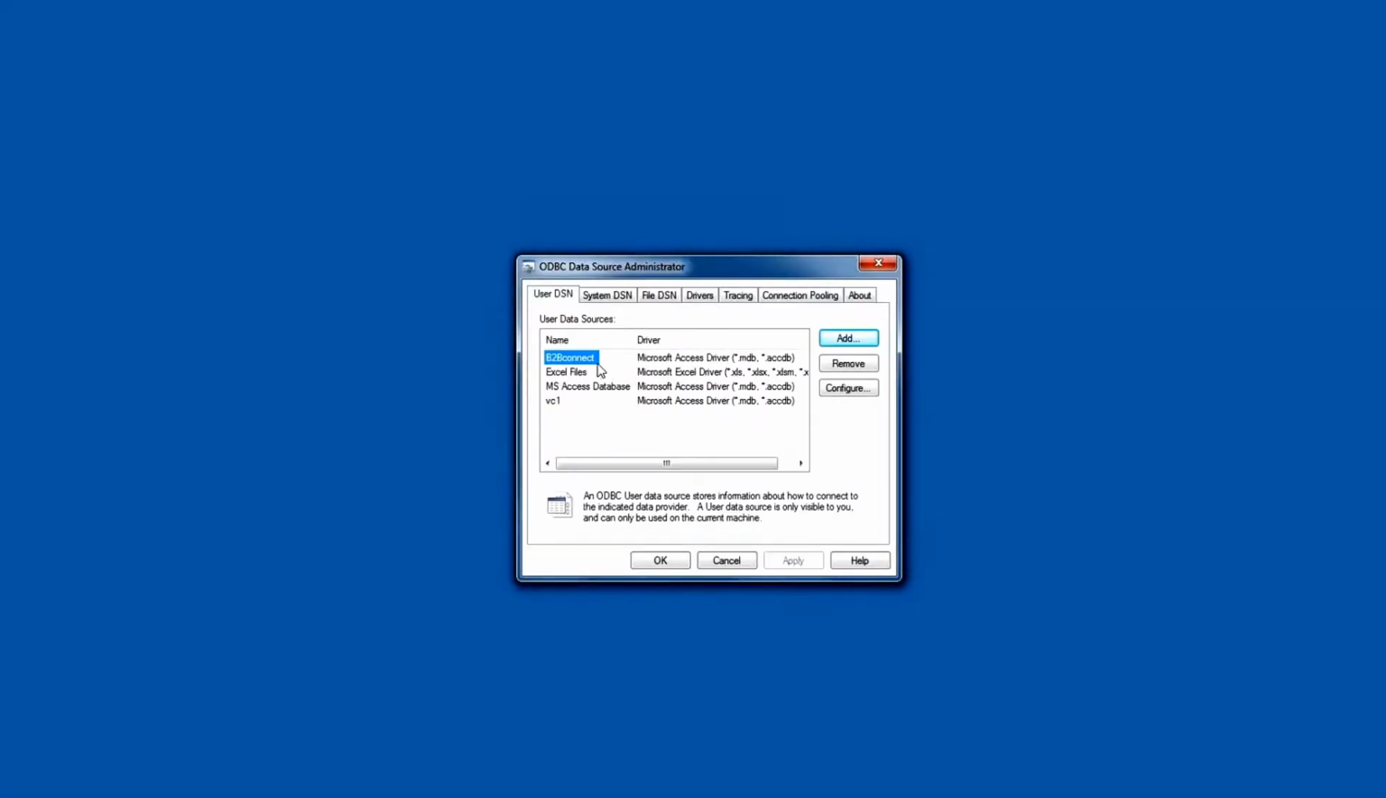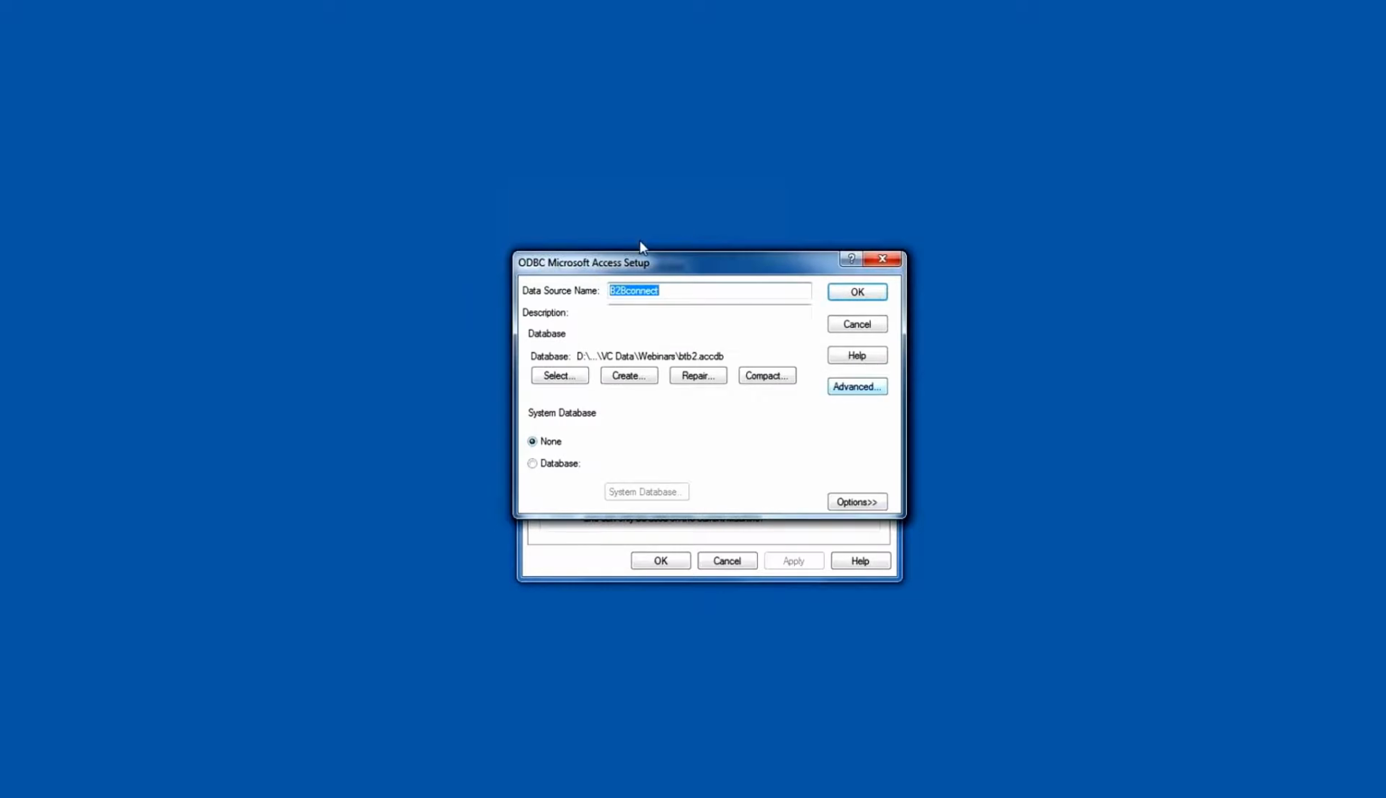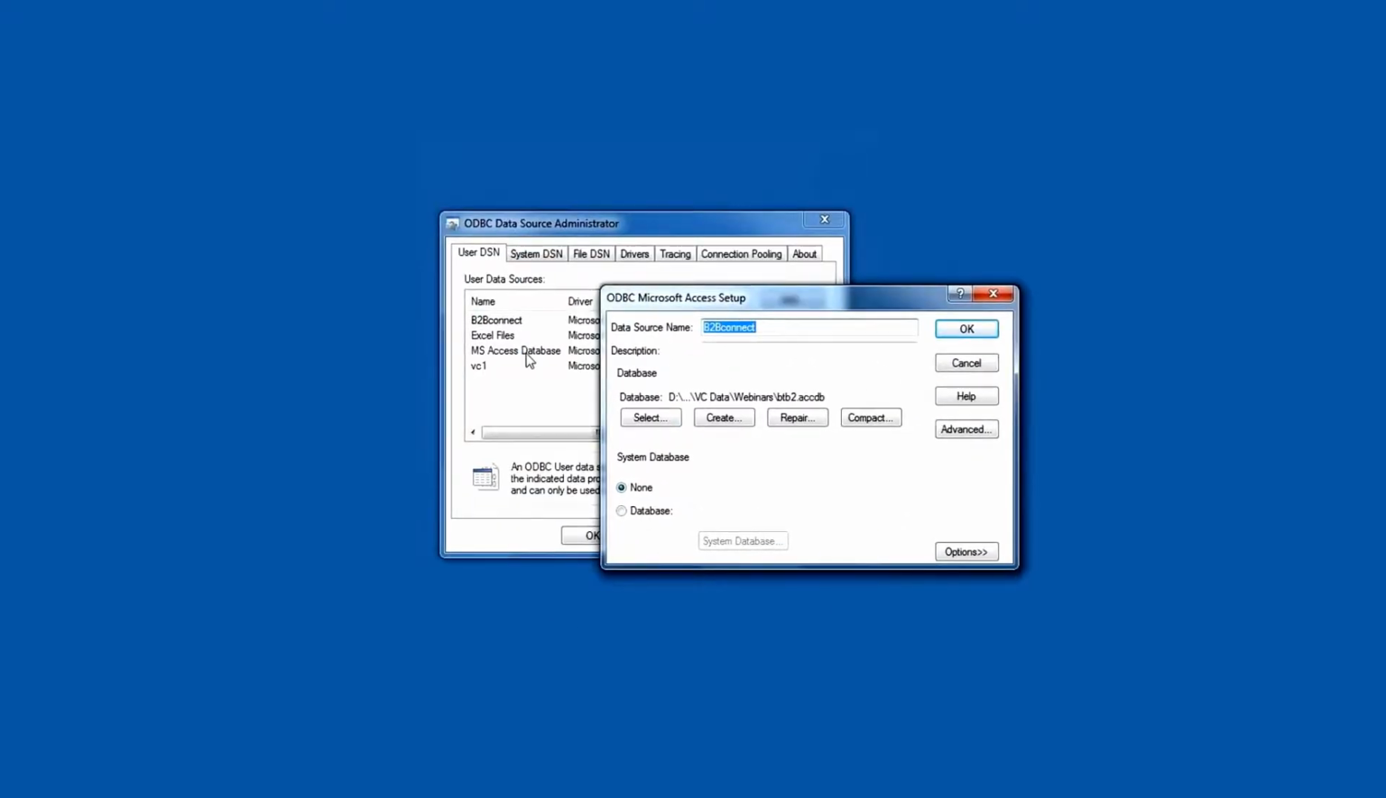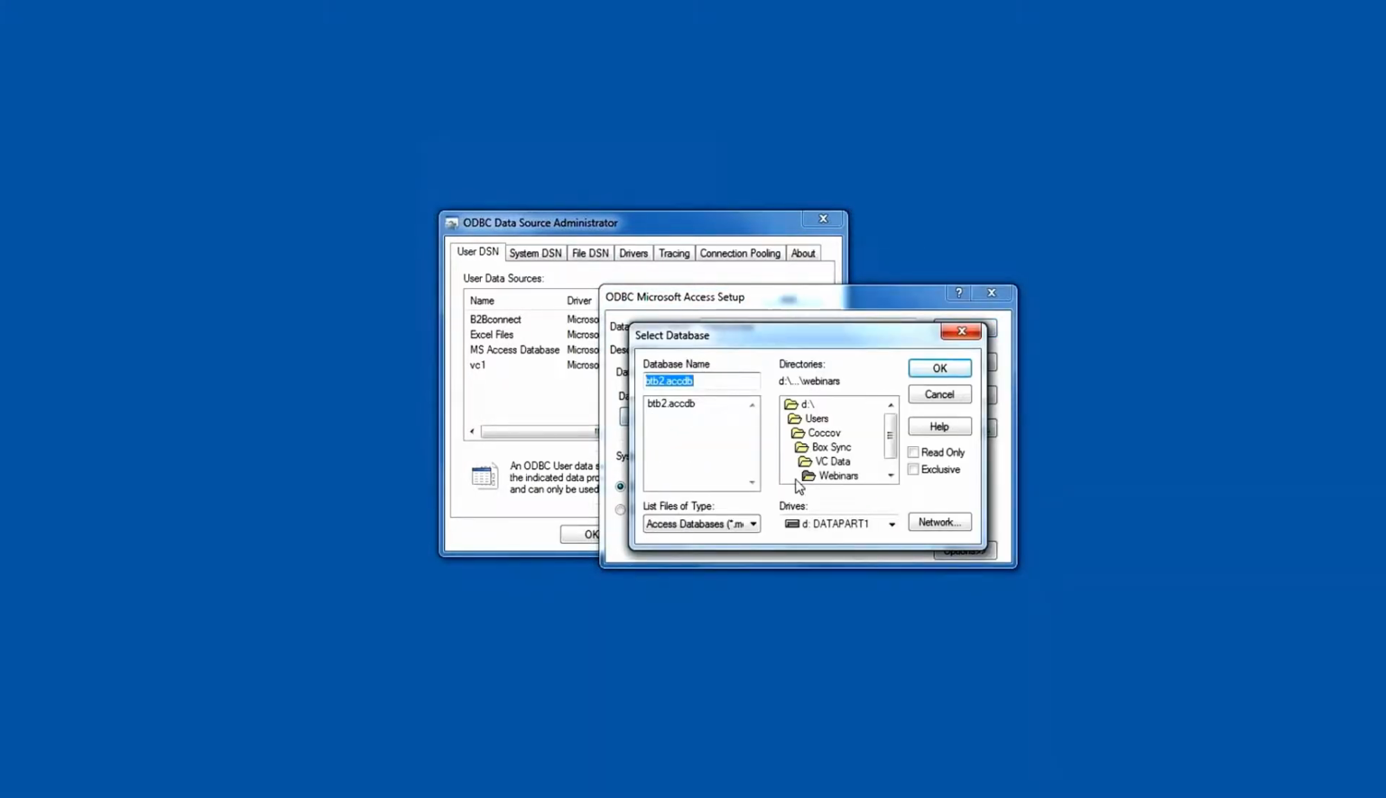Once I did that, it had me provide a name for that, which is the DB Connect, or a B2B Connect name that I used here. Okay. Then the second thing I did was I had to tell AutoCAD what this driver was going to be speaking to. So what database? So all I had to do was go through here and browse to my database location and